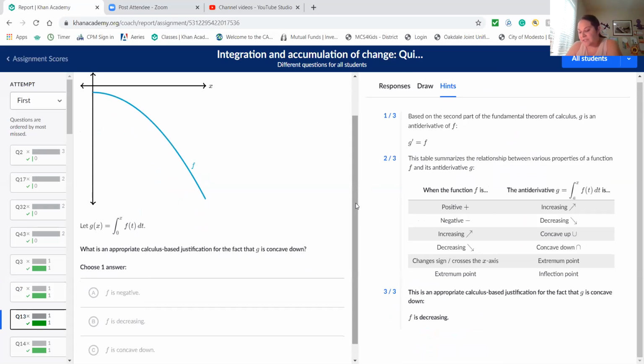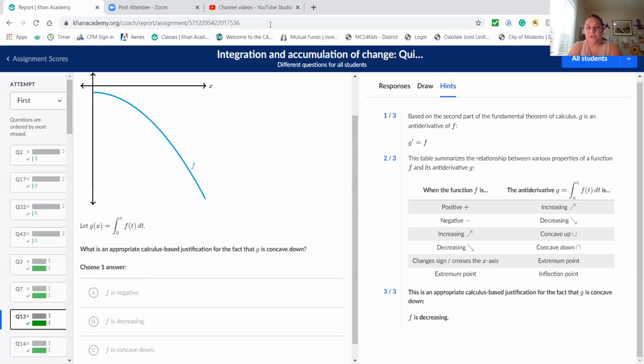So if I have G of x, G prime of x tells me whether G is increasing or decreasing. And then G double prime of x is going to tell me whether G is concave up or down. And so if G is equal to the integral of f,